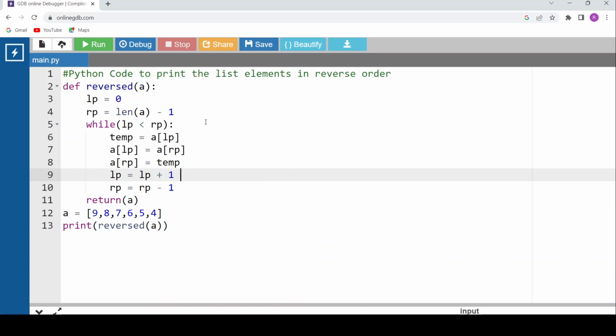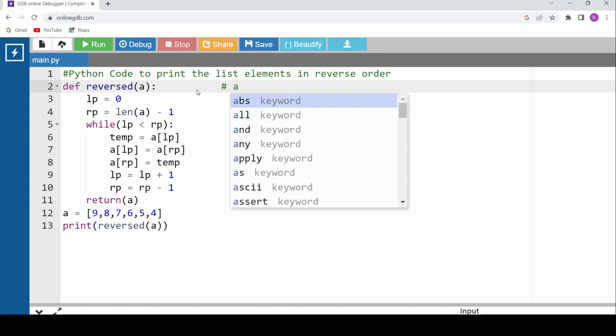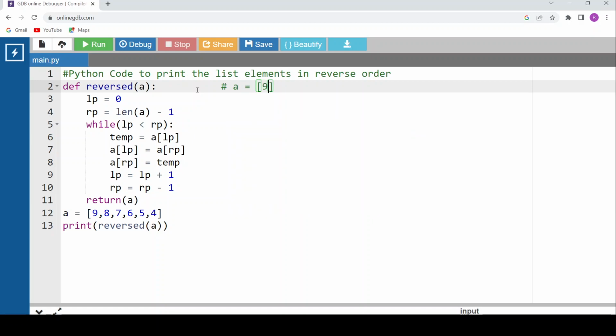Now let me trace the code, then we'll run. Coming here, the first line that will be executed is line number 12. Then after that it is line number 13. Now there is a function call, so the control from line number 13 will move to line number 2. Now coming here, what is the list? A will have 9, 8, 7, 6, 5 and 4, right? Coming to the next line,